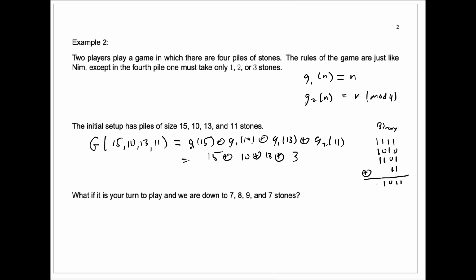How do we play in order to win? Well, we want to modify a pile that has a 1 in the leftmost position because the NIM sum has a 1 in the leftmost position. And we can choose any one of those. We're going to need to change the first position, the 3rd position, and the 4th position, counting from left to right. That means we could, for example, do it by taking the 15 stones and replacing it by something that has a 0 here, leave the 1 here, then a 0, 0. In other words, 1, 0, 0, which is 4. So if we reduce the 15 down to a 4,